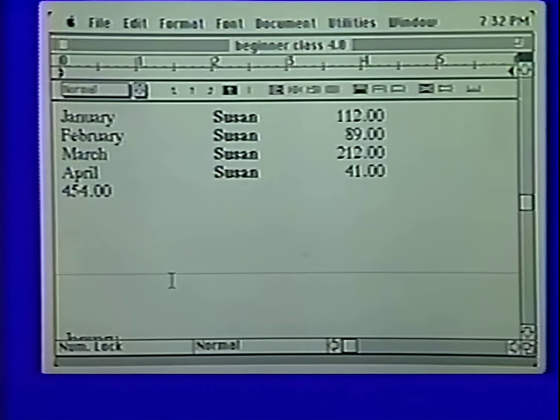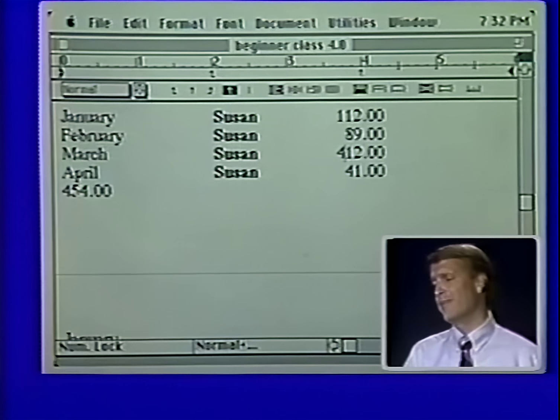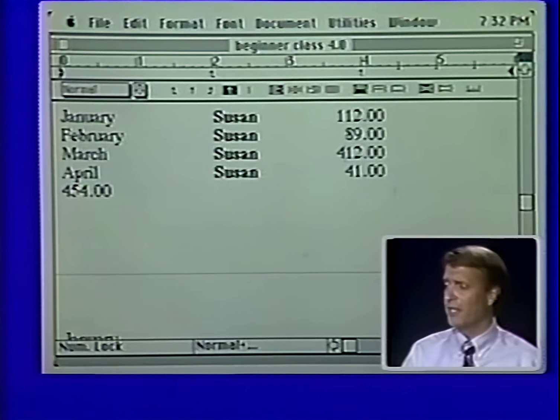That is really nice. It allows us to paste it, but it also presents a problem. And that problem is if I notice that some of my numbers are wrong and I go back to correct those numbers, let's say that should be 412 instead of 312, and I make the change, you'll notice it does not change my total. Once it goes up to the clipboard, the components to the sum are disassociated, and what that means is you have to go through and add them up again if you change your totals. All right, so that's adding and that's doing columns.